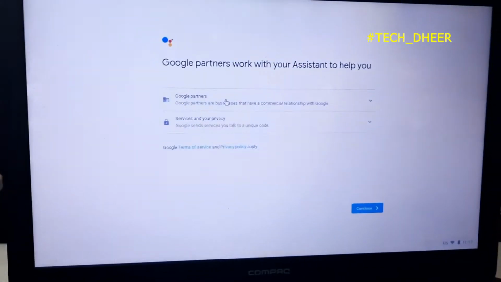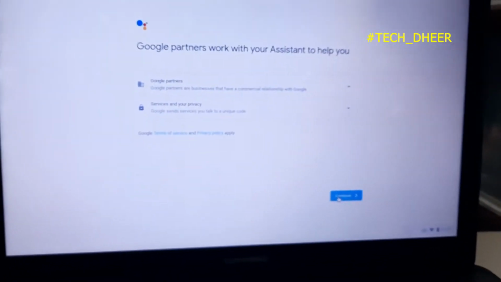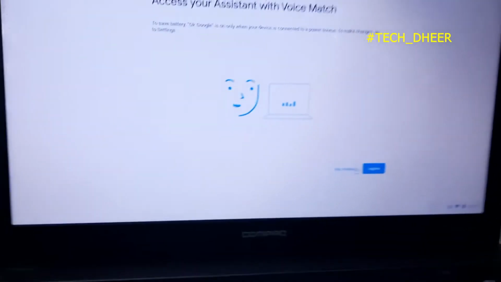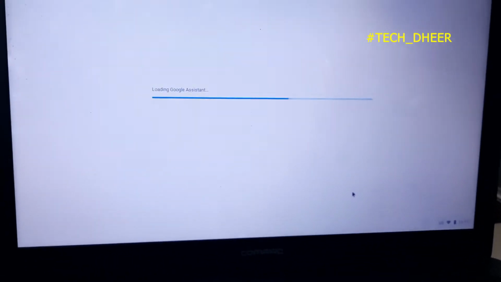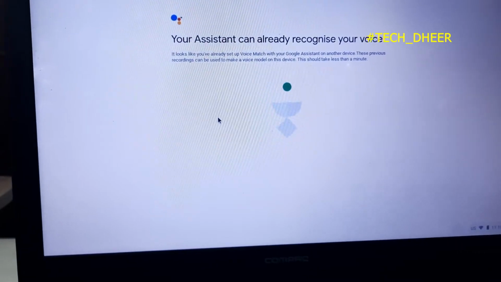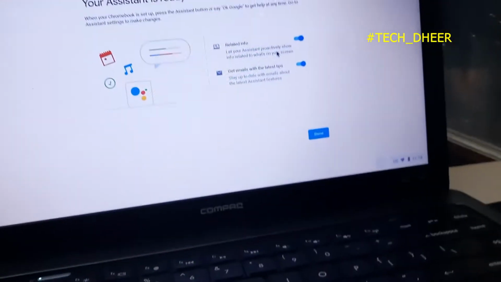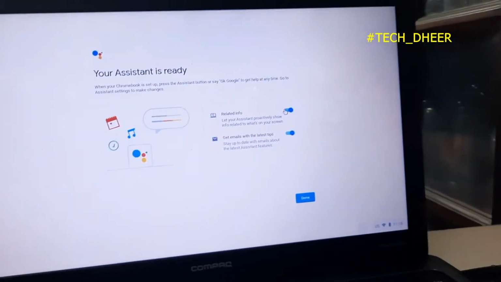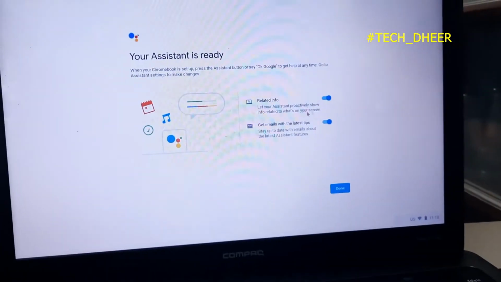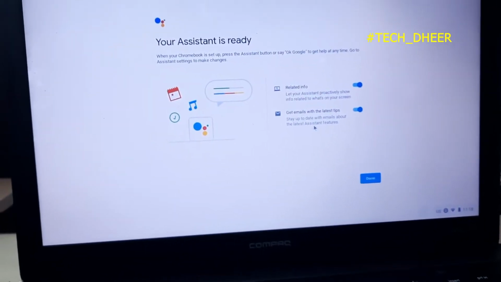And Google partners, I'll agree to it and continue. I agree. It is loading Google Assistant, which privately shows related information about what's on your screen and gets Gmail latest tips. Okay, done.